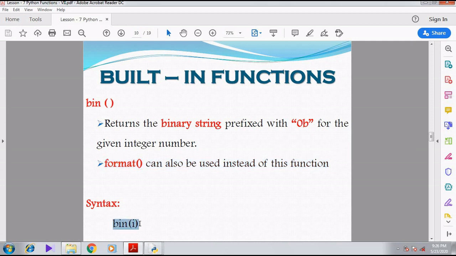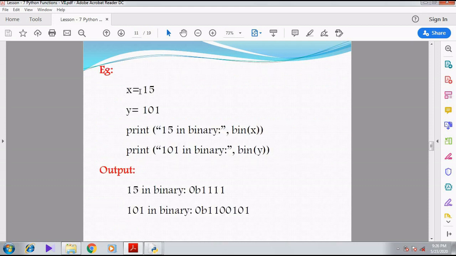See the syntax they have given, binary of I, that is bin of I. Now see the example. x equal to 15. They have assigned the integer number 15 to x. Then y is equal to 101.